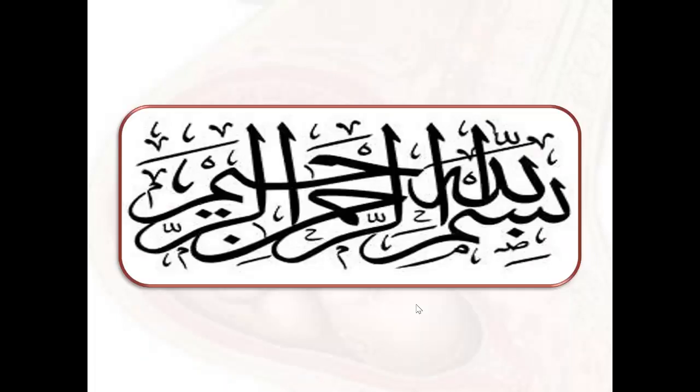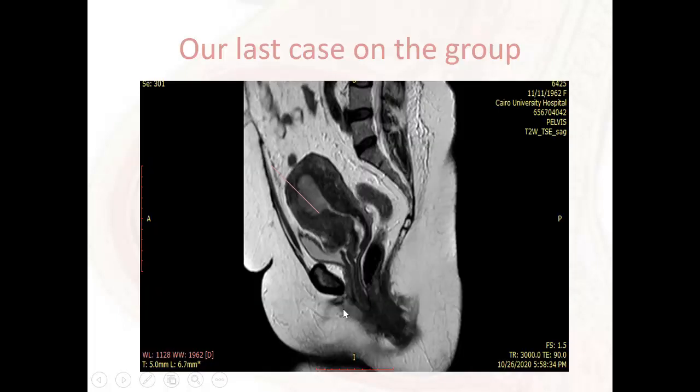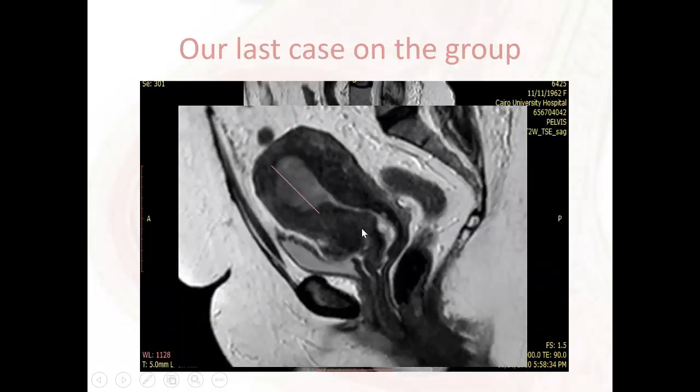As we said before, we will take one case and then we will review it according to the pathology present. Here our last case was this one. She's a female patient, 57 years old, presenting with vaginal bleeding, and that was her MRI. What we can see here, first we have,